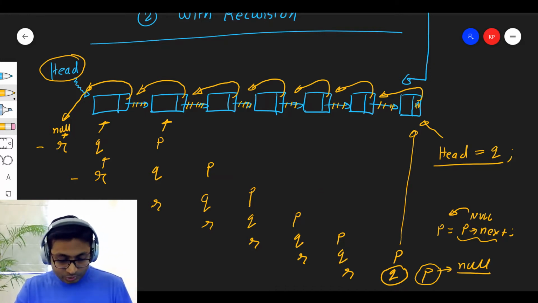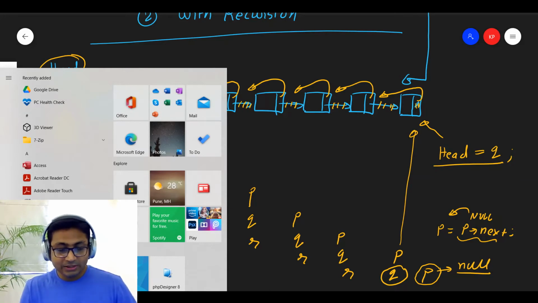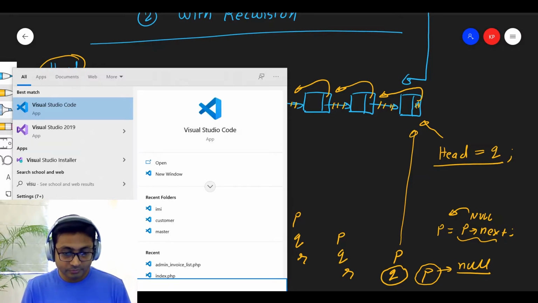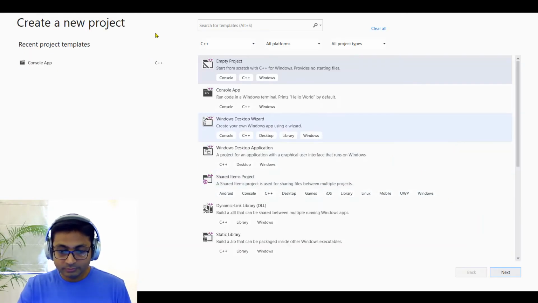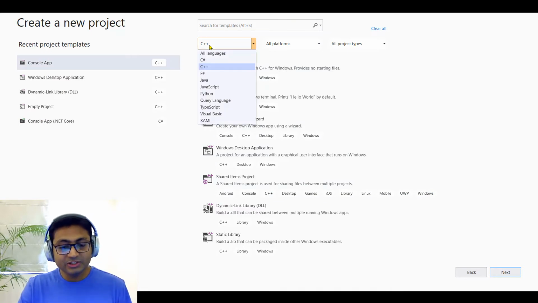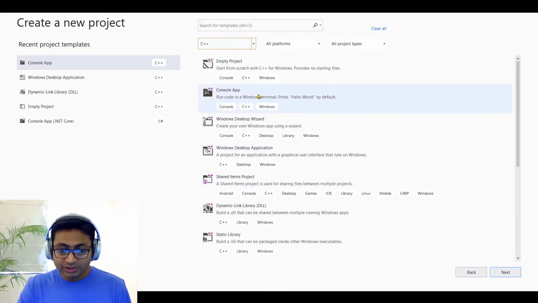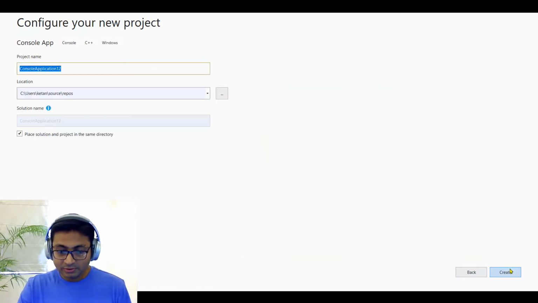Now, with the help of Visual Studio, I'm going to write the program in C and show you how to reverse a linked list. All right, this is my Visual Studio. I'm going to create a new project. So here C++ is selected, under which I can write the C program. You can just select the console application, and let me give some name to my project, that is reverse link list.